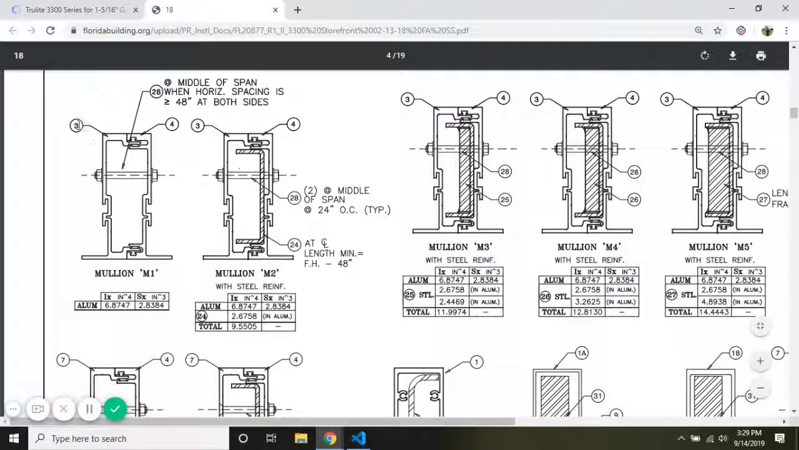It has part number 3 and a part number 4. Looks like a part number 28 at the middle of the span when the horizontal spacing is greater than or equal to 48 inches at both sides. Okay, so part 3 and part 4,